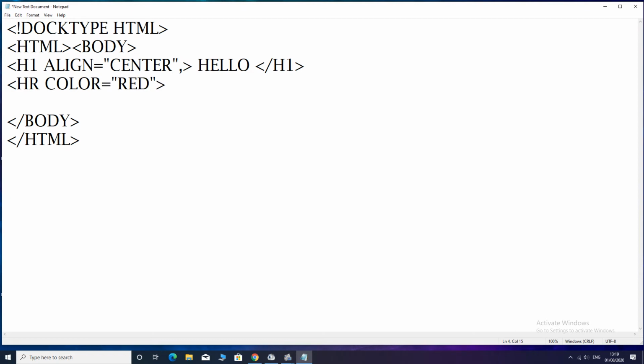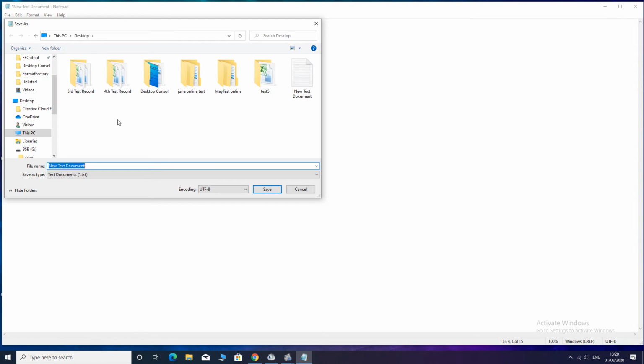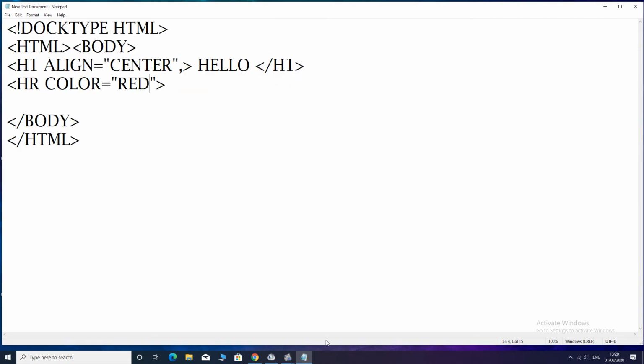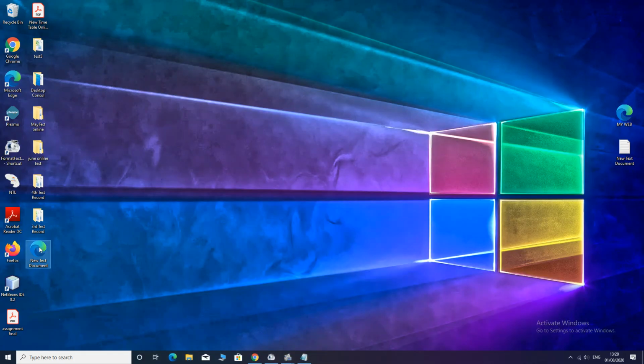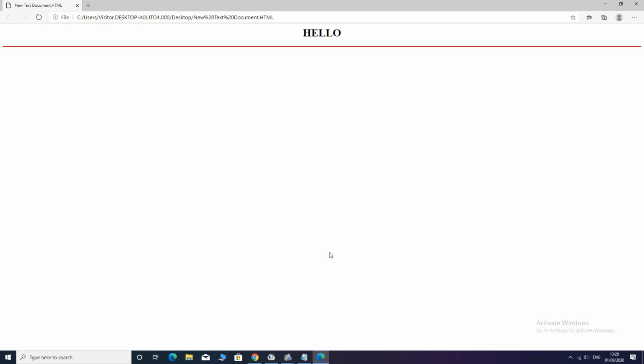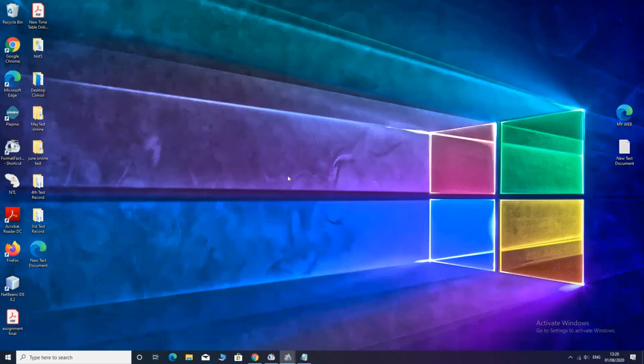Suppose red. Save as .html. It is already there. Yes. Let's check. The horizontal line will be in red color. Yes, here it is. Close it.